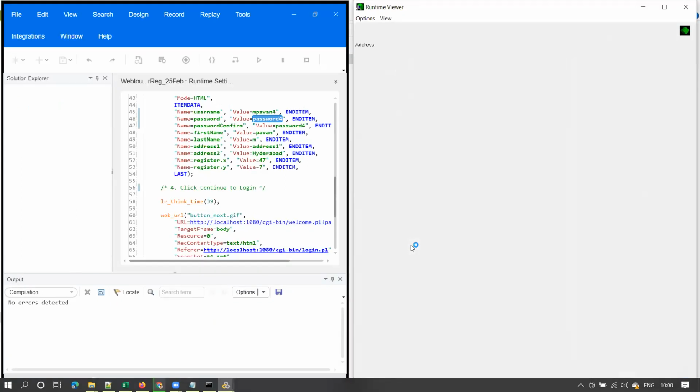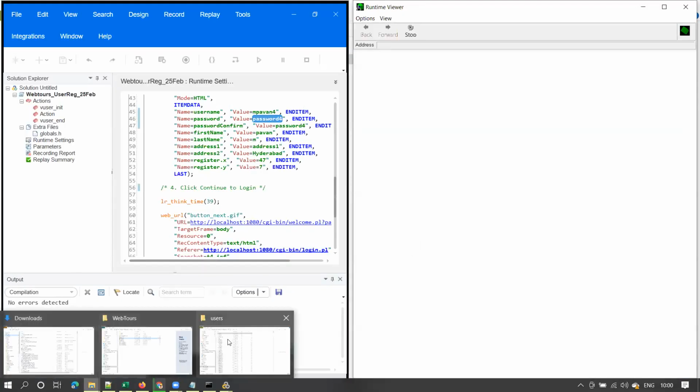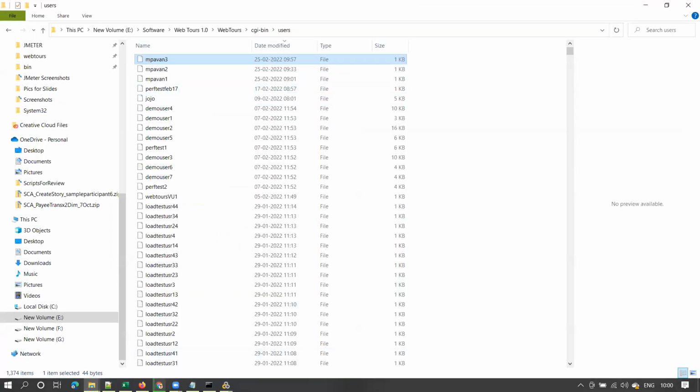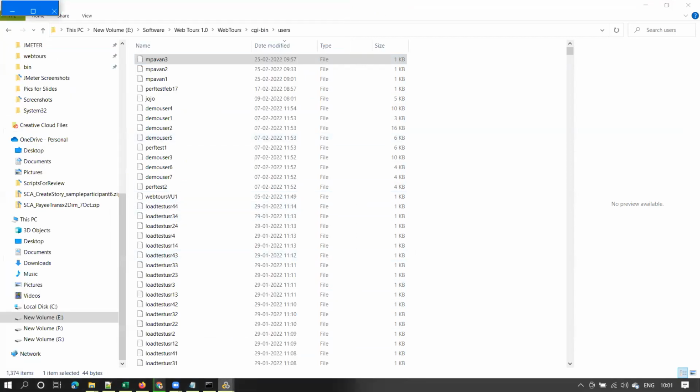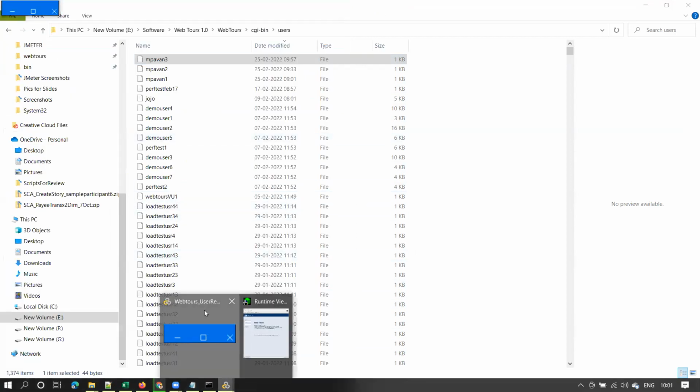So click on replay again. Now you should see that user ID registered here once the script execution is completed. And observe here, it is taking time. Now observe here, I enabled think time, right? Now it is executing think time, and the runtime viewer clearly shows what step it is executing at the moment, right? This is the beauty of LoadRunner. You don't have all these options in any other tool.